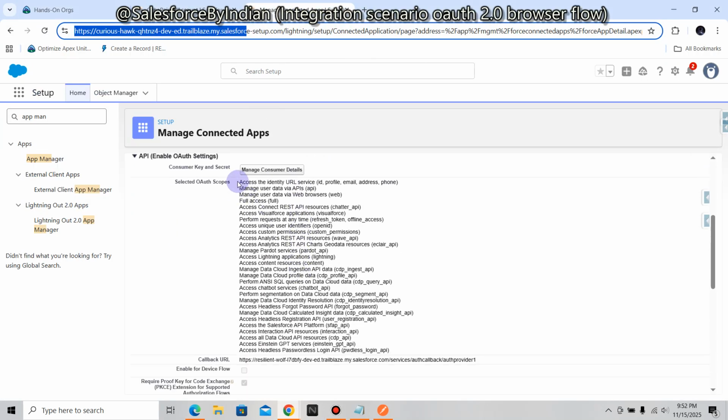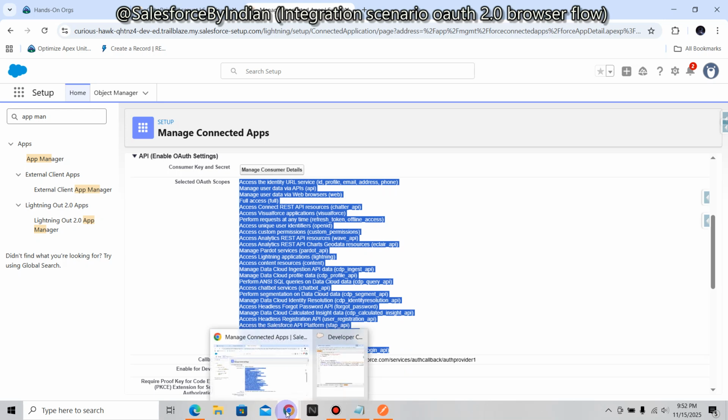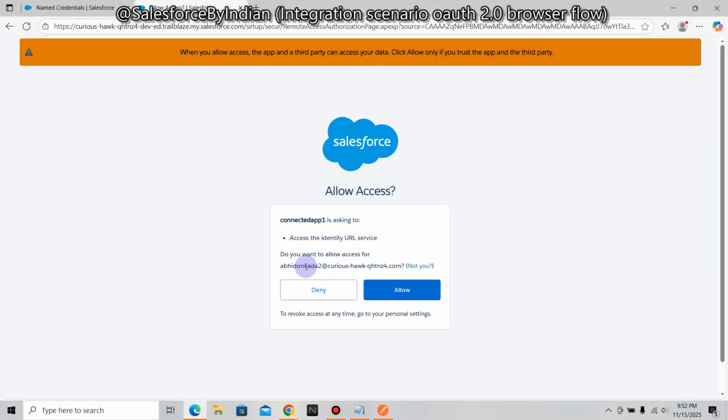The scopes, we have selected these many scopes, right? So all these will be visible while authorizing from the client. In the client, I can allow or deny, but it is showing only one scope here. Why is that? That is because we have made a mistake while creating the